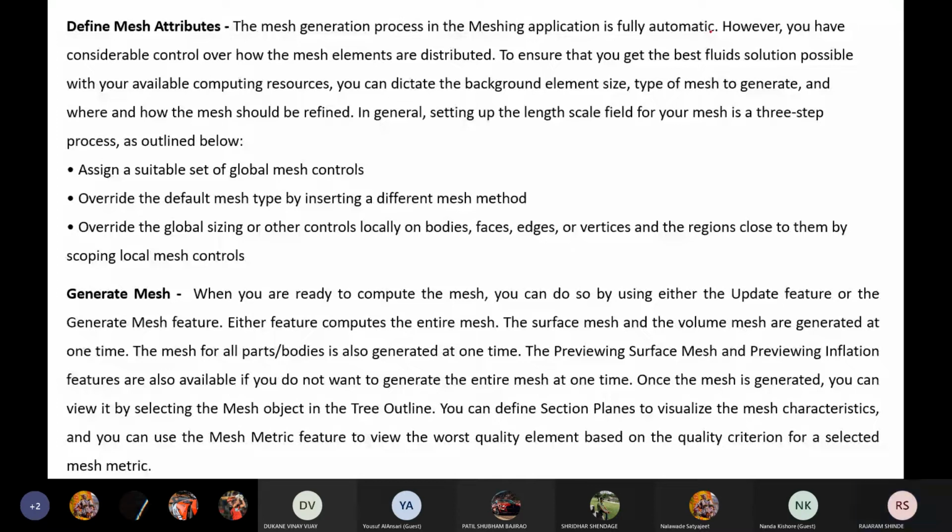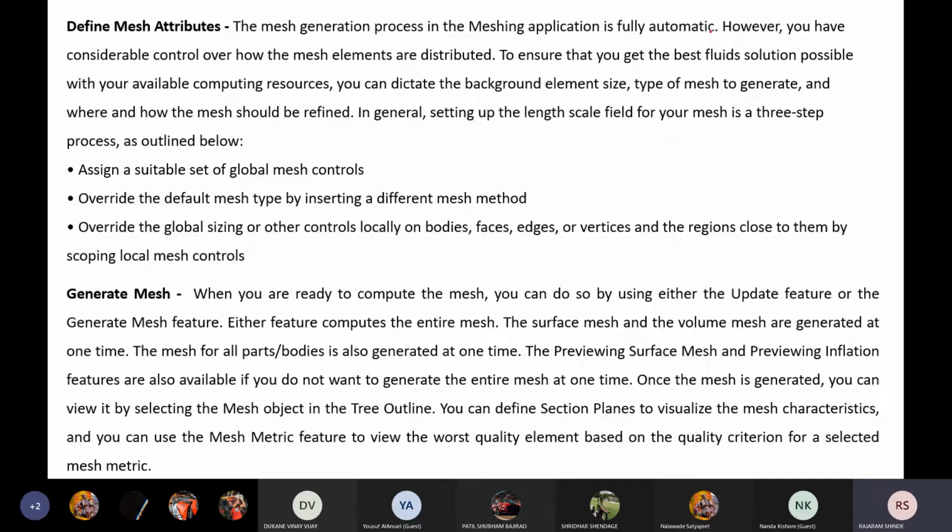Okay, repeating this, that means if you have control over the mesh, we can design a mesh in such a fashion we will get better solution with all resources available with us. Okay, you can dictate the background element size, type of mesh to generate, and where and how the mesh should be refined.